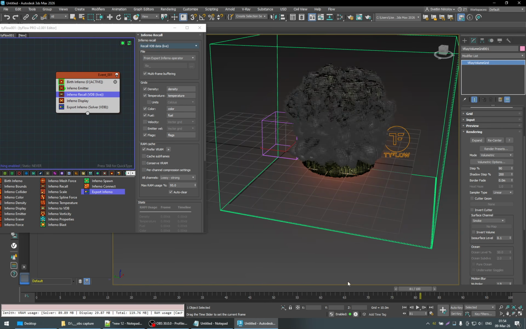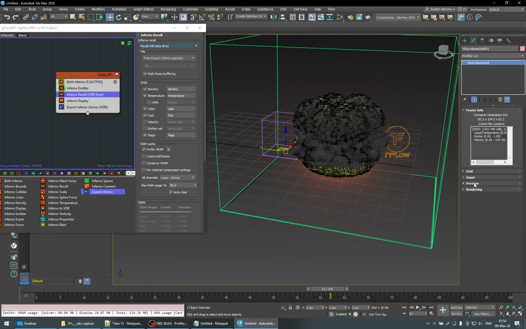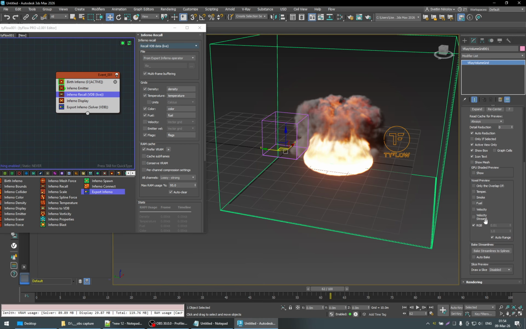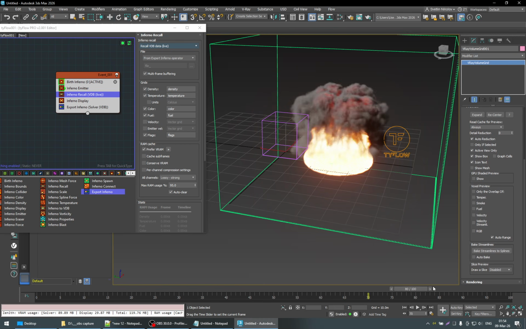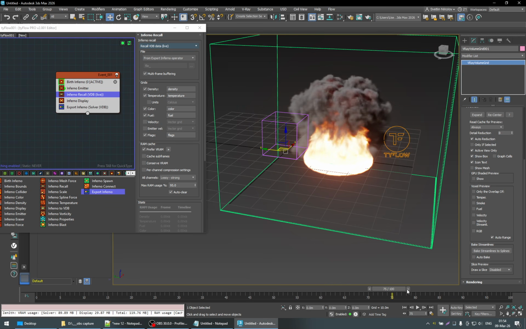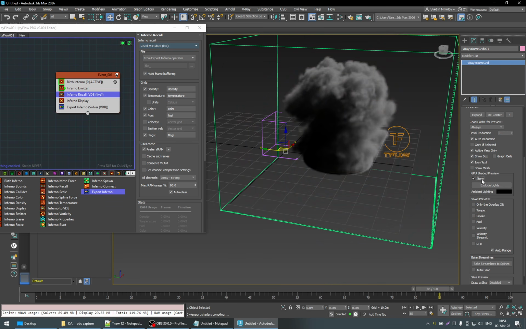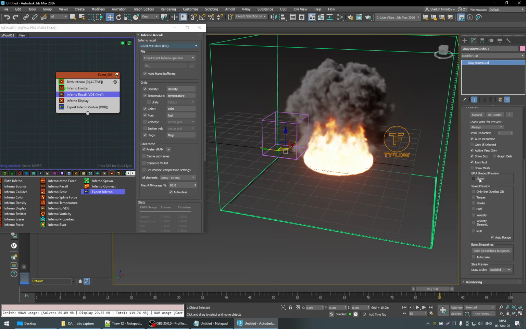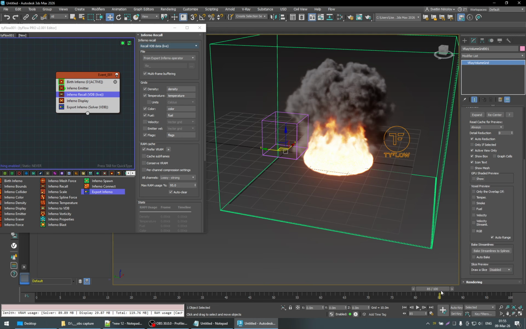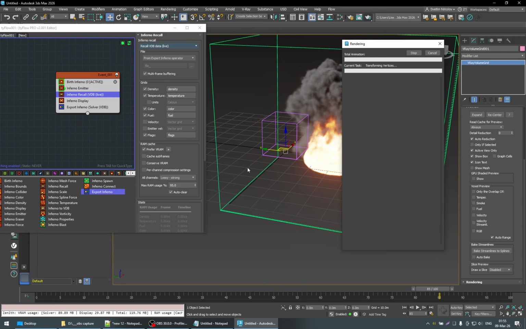So here it is. I'm going to turn off the voxel preview, no matter how nostalgic it is. I'm gonna disable temperature, smoke, fuel, RGB, and it's gone. So now here is the Zenith preview. I can enable the Phoenix VolumeGrid preview on top of it. For some reason it's not exactly the same, so the smoke is a little offset, maybe by 1 voxel. Yeah, I'm gonna keep this off, and if I render right now,